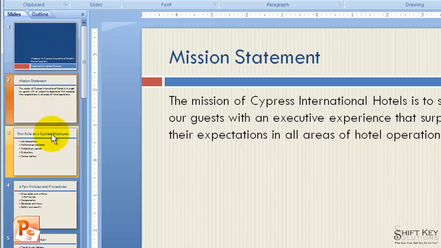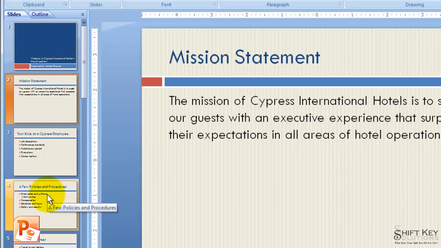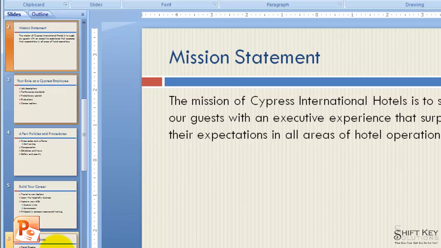Another thing that's important to notice is that as you cursor over any one of these slides, you get a screen tip that tells you the name of that slide. That name happens to correspond with the title placeholder in that slide. So if you have a slide that does not have a title content placeholder, it simply won't have a name. However, it's nice to have these so you can navigate or instruct folks as to where to go to a